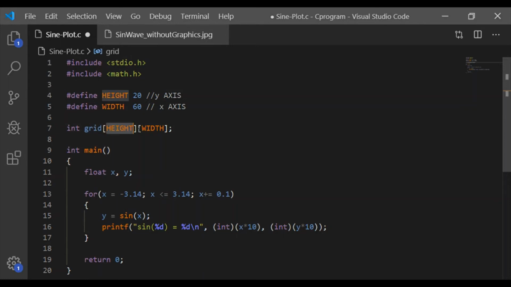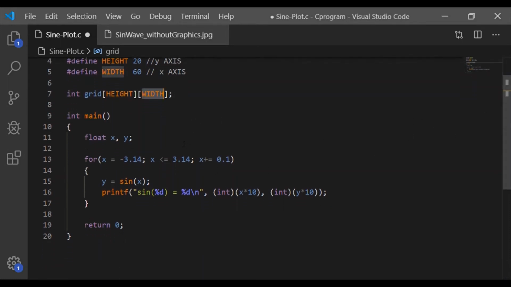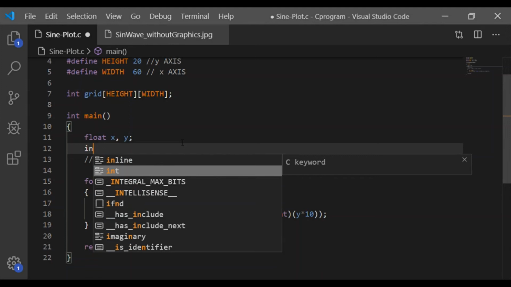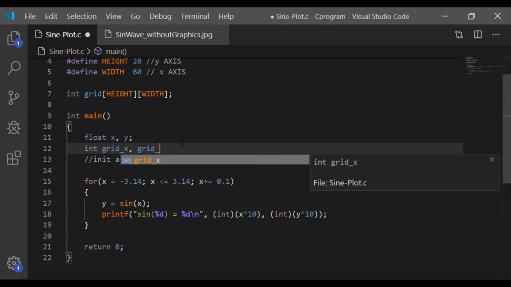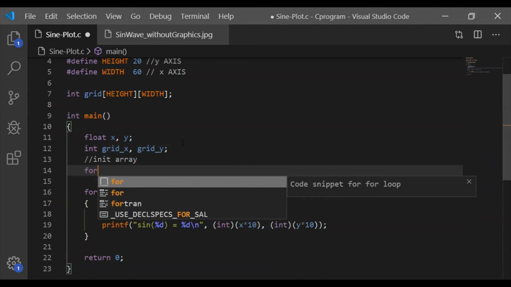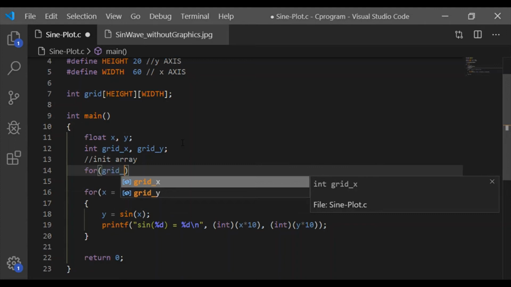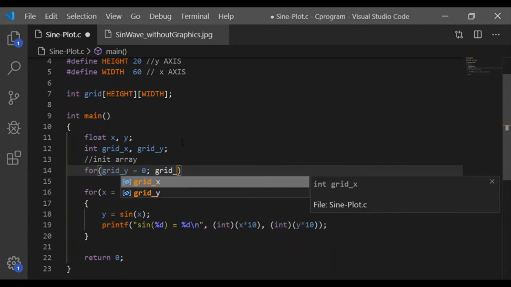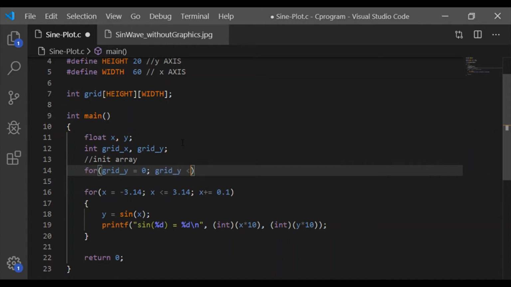Now, having the two-dimensional array in the main, first let us initialize it. For this, we need integer values. As grid can take only integers as its index, we have grid x and grid y, two integer parameters.